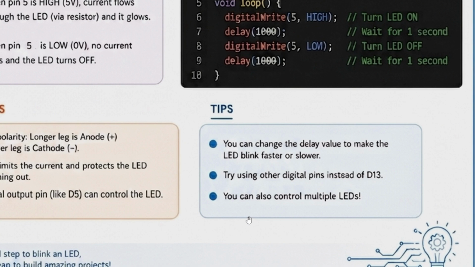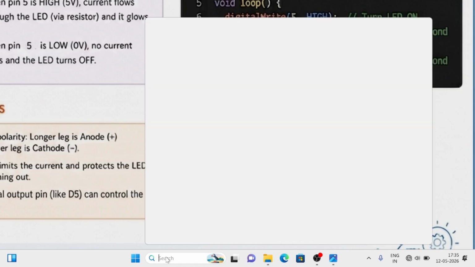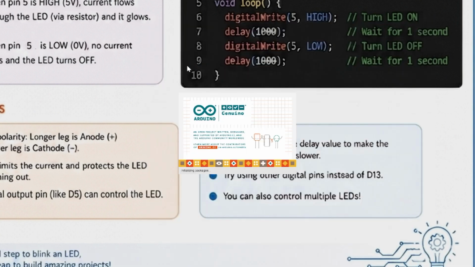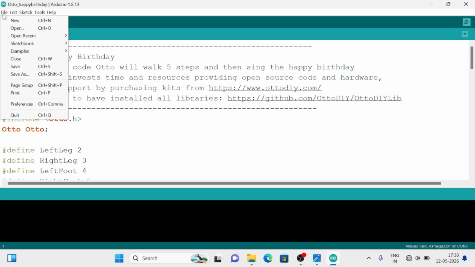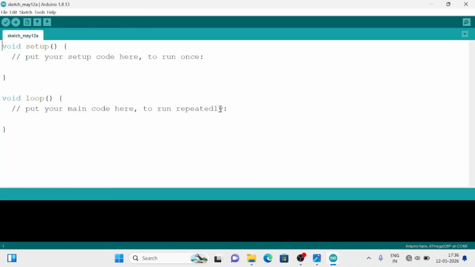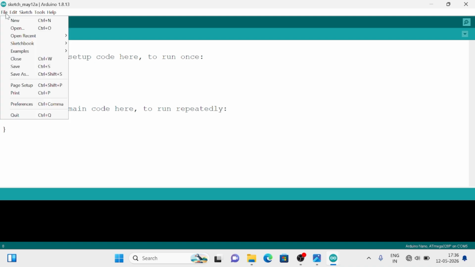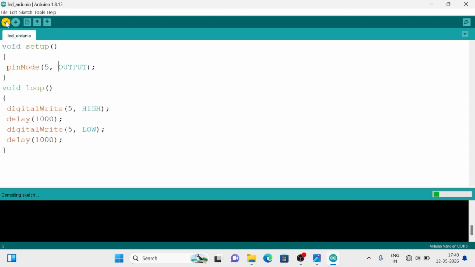So to execute, first we have to write the code in Arduino. So I will minimize this and open the Arduino. Then take a new file and write the code. So I have written the code, then save that code, verified it,